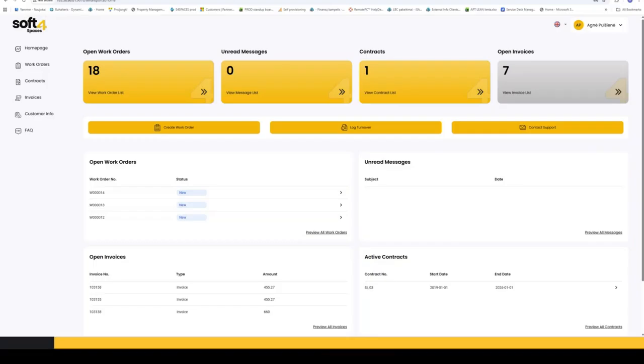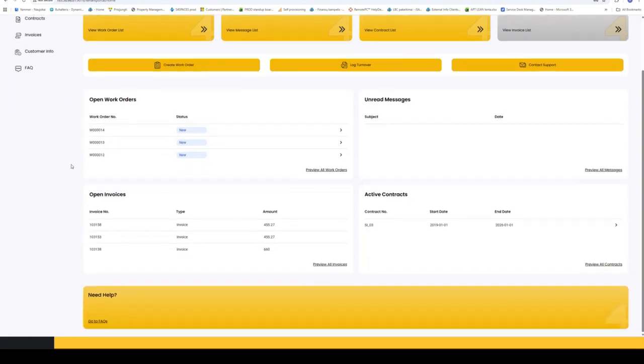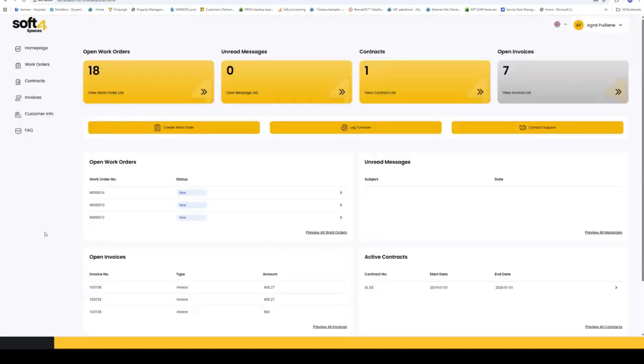into demonstration. So what you see here, it's a homepage of it. You will see open work orders, unread messages, open contracts, and invoices. All the actions for creating work orders, logging turnover entries, and contacting support would be here as well. Quick lists to see what's over there with work orders, messages, invoices, and contracts. You can have frequently asked questions, and if necessary, we can add additional tiles, as for example, news sections and